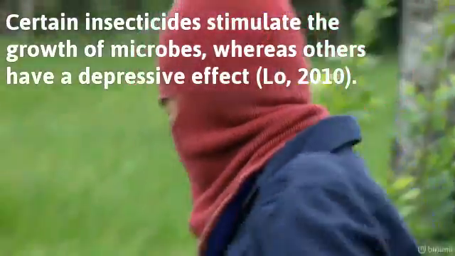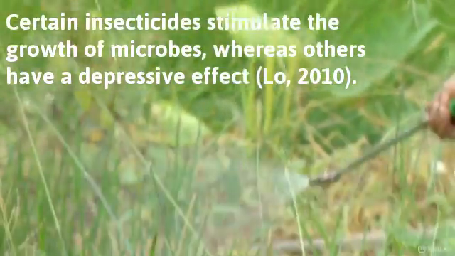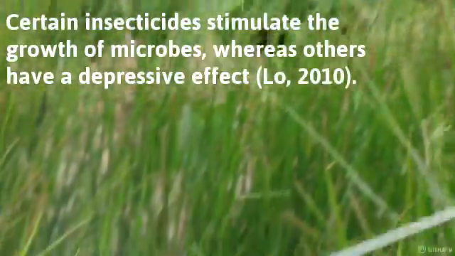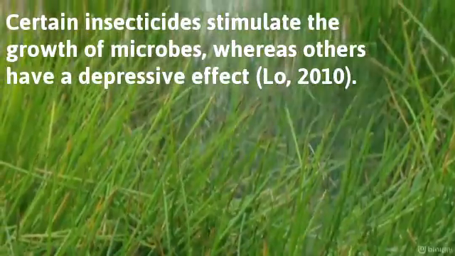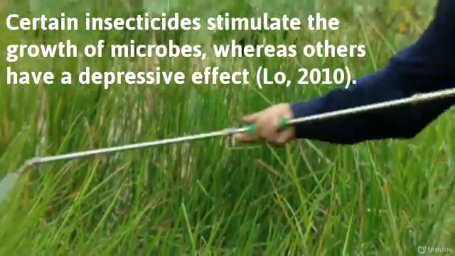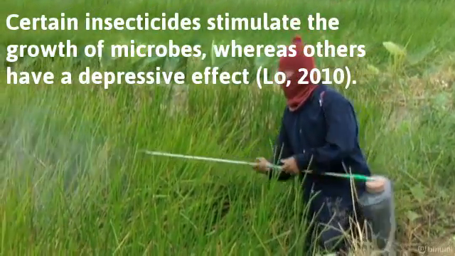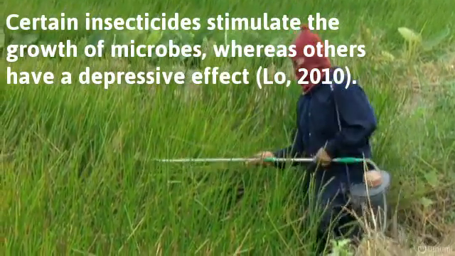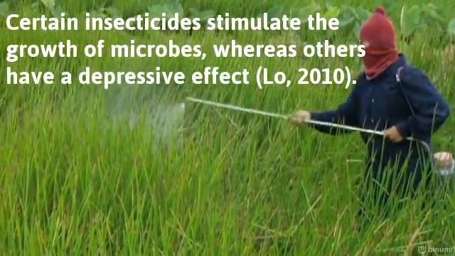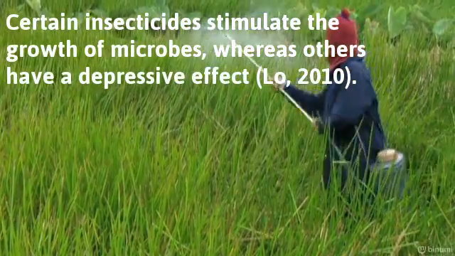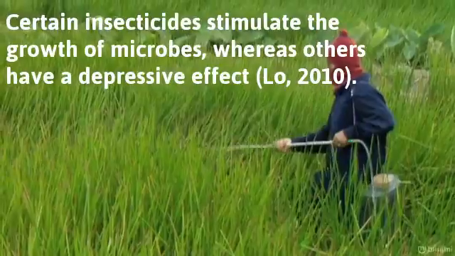Lowe found that certain insecticides stimulate the growth of microbes, whereas others have a depressive effect. For example, 2 common insecticides applied to agricultural loam significantly decreased some denitrogen-fixing bacteria, whereas 2 other insecticides stimulated that same bacteria. Furthermore, Lowe reported a decrease of nitrification in soil after application of the insecticide phenamifos. Carlier and Gossel reported a significant increase in overall bacterial biomass, but a decrease in fungi biomass following insecticidal application